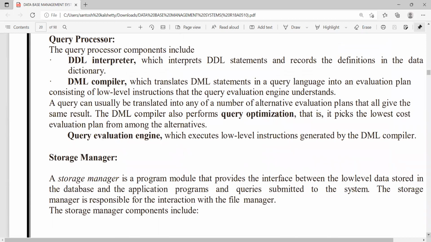Query processor. The query processor includes the following components: DDL interpreter,